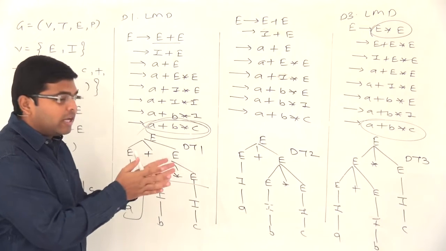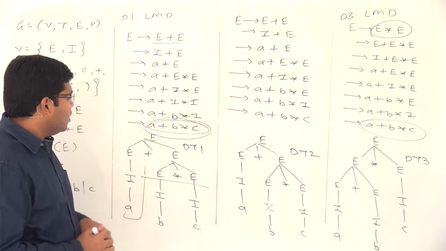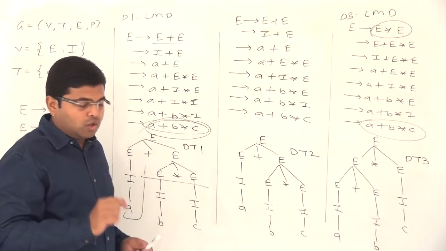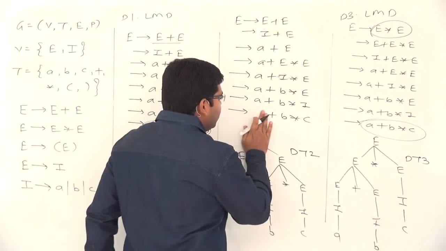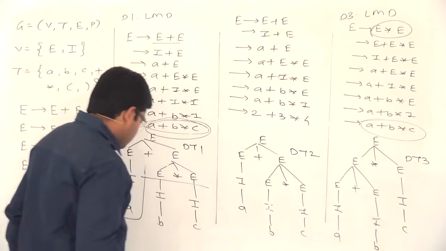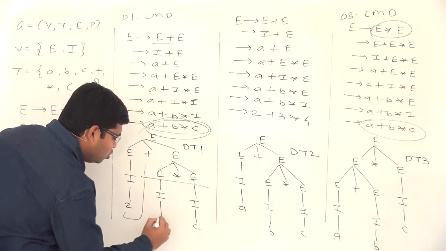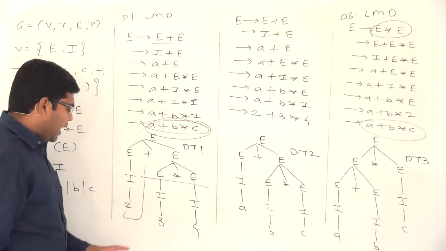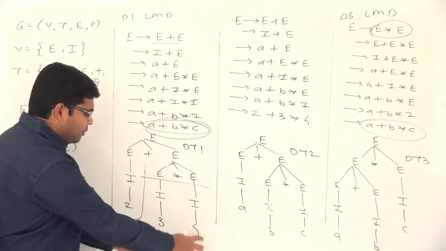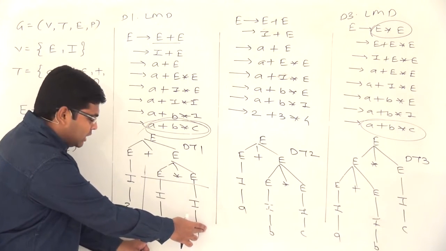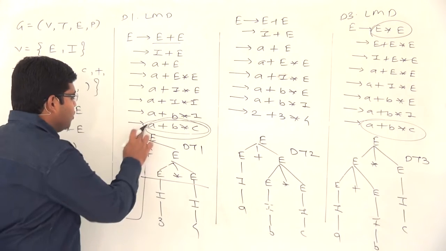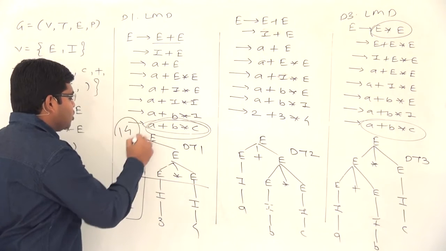There is one more way to look at the ambiguity in the example, and what is that? What we will do, we will replace these A, B and C with actual values, and for that we will replace A with 2, B with 3 and C with 4 everywhere. So this will become 2, 3, 4, and the value here will be, it is not 2 plus 3 multiplied by 4, it is 3 multiplied by 4. First of all you need to do the multiplication and then you need to do the addition. So 3 multiplied by 4 will be equal to 12 and 12 plus 2 will be equal to 14. So the value in this case comes out to be equal to 14.